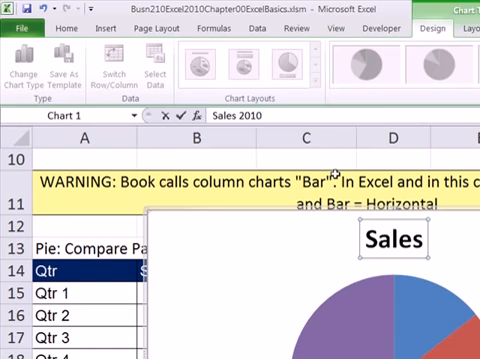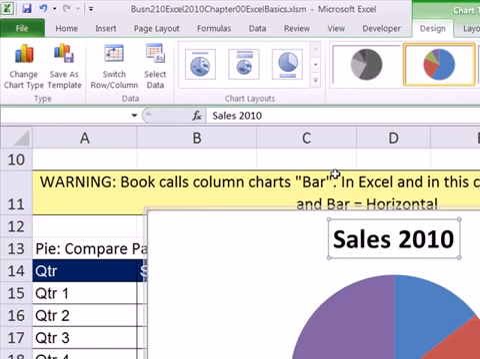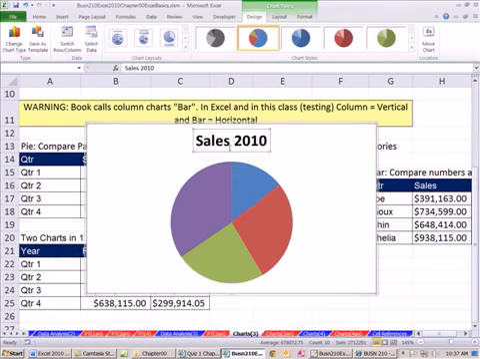Now, there are a few other ways to do it, but I'm going to do it that way, especially since later we'll see how to link titles and labels to cells, and it's always handy to use the formula bar for that. All right, so we changed the title. That's good. Now, let's add some